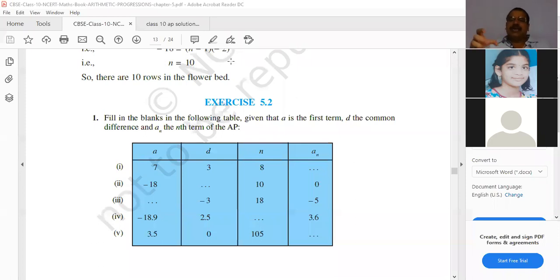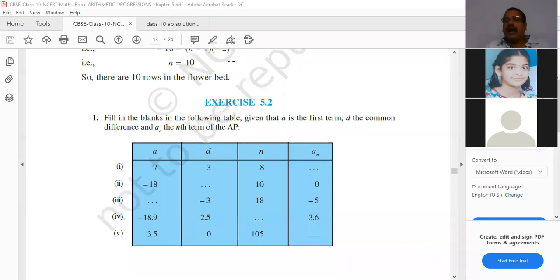See the sentence. In the second sentence, I said the sum of the first 20 terms of an AP, which means you have to use the SN formula. But now I told you the sum of the fourth term and sixth term is 20. I told the fourth term clearly, and the sixth term. So the total is 20, meaning A4 plus A6 is equal to 20, that is, A plus 3D plus A plus 5D is equal to 20. Then you'll get one equation. Like that, you will get confused.